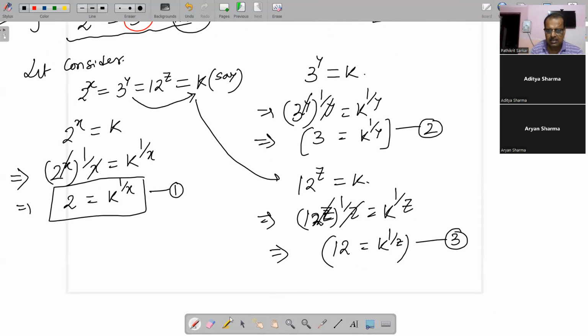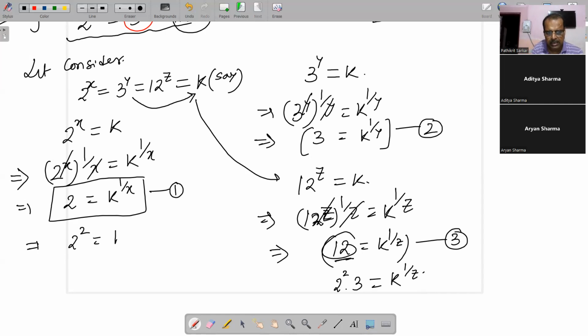In this case what exactly we are going to do sir? ये 12 है ना, इसको आप ऐसे लिखिए 2 square into 3, that is equal to k to the power 1 by z. ऐसे आप लिख सकते हैं। 2 square into 3 is equal to k to the power 1 by z. 12 को आपने ऐसे ब्रेक किया।